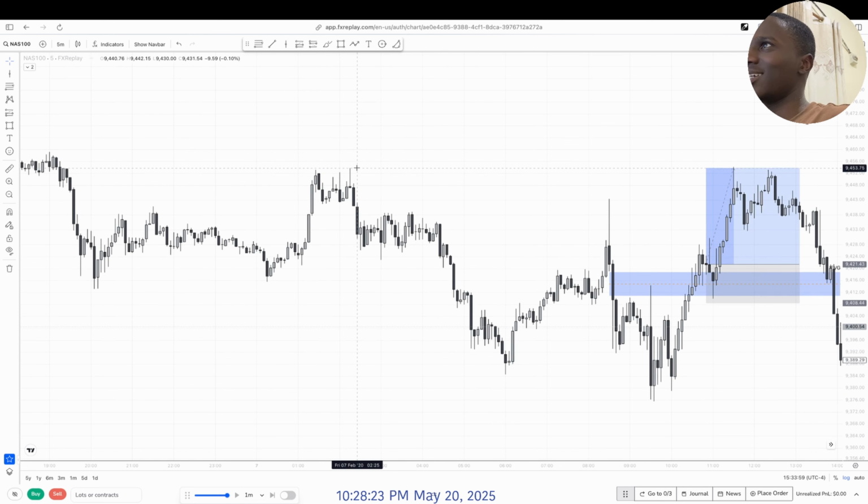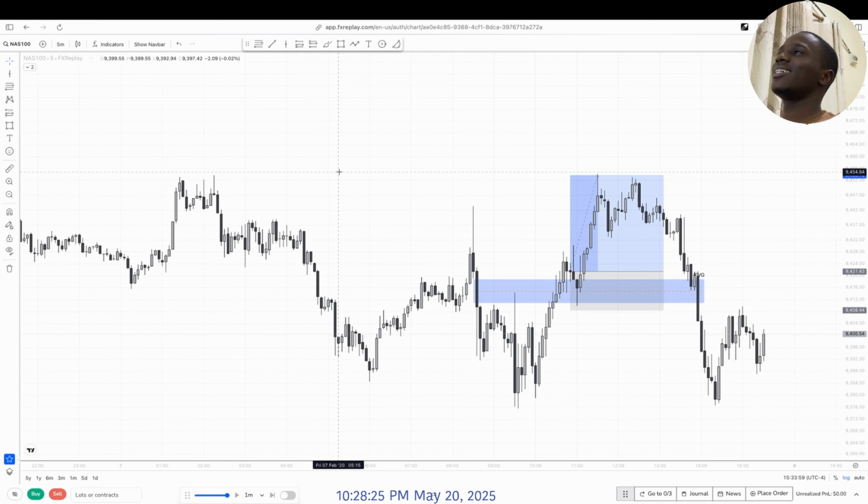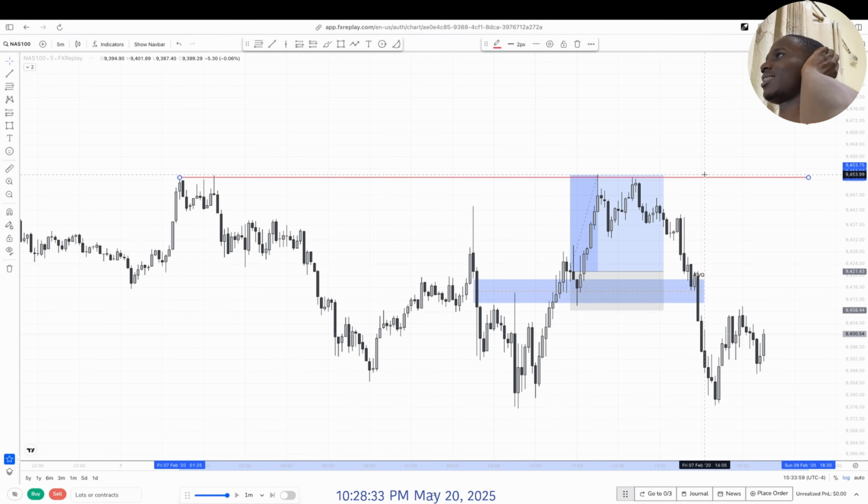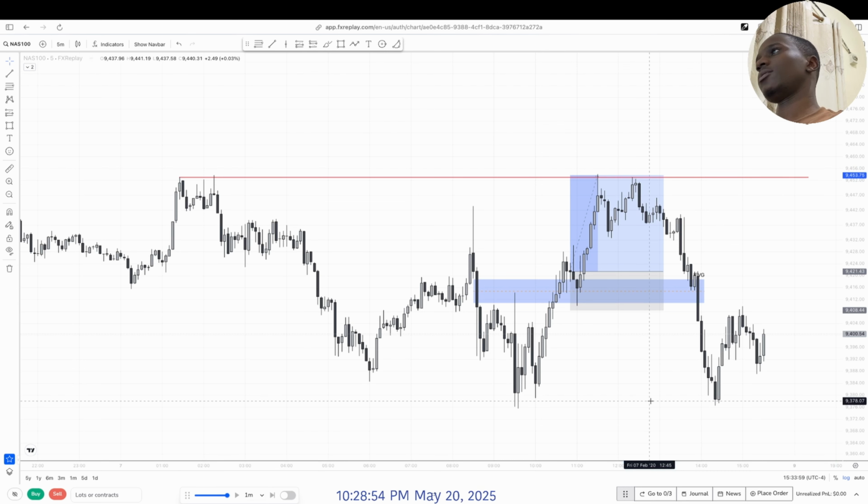I think this was a little bit out of context. See this high? Okay, we generated equal highs because there was no big push above it. You can see that this is just liquidity resting there, even though this was a good trade, but there was also some liquidity generation. Where is it? Okay, so we also have some of the equals right here.